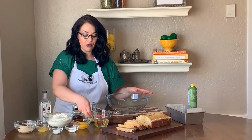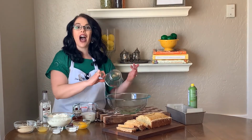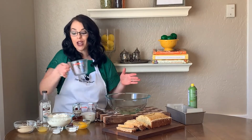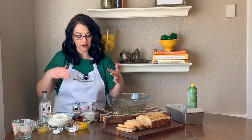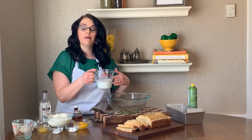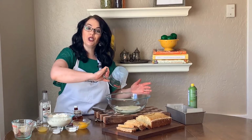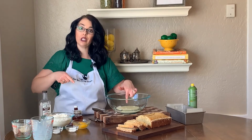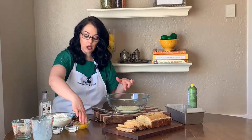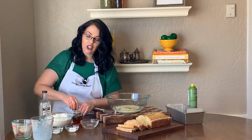We're going to start with the wet ingredients. I have 3/4 of a cup of oil, and this is just plain vegetable oil. I have done this with avocado oil as well. Don't recommend using olive oil because it'll give some off flavors to this. And then 1 cup of milk. And if you want to make this dairy free, I have used unsweetened almond milk and it works really, really well. So 3/4 of a cup of oil, 1 cup of milk, 2 eggs,